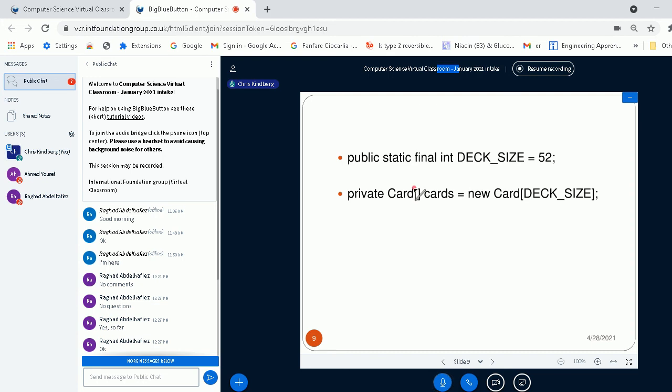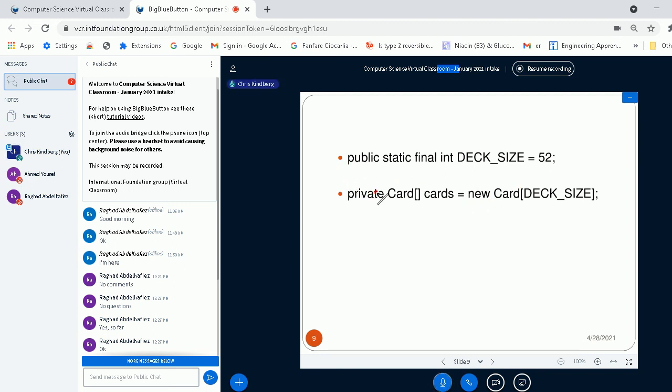And I can declare an array as follows. I'm going to declare an array called cards. Card with square brackets means that cards is an array, and it's going to be a new array, in fact, with 52 indexable items.